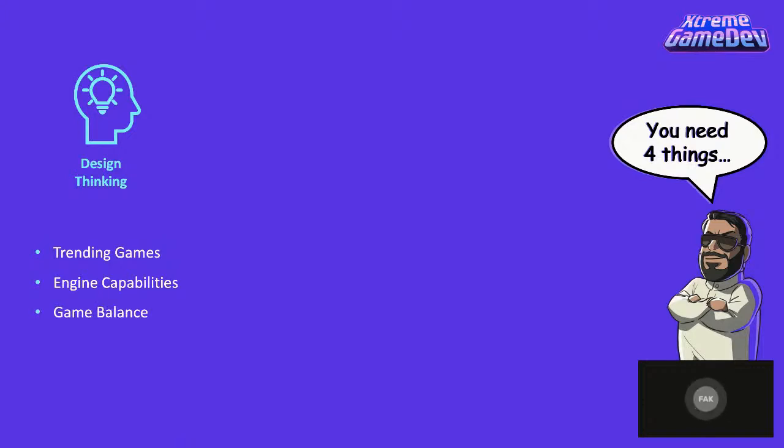Next, understand game balance. For example, I saw a YouTube video the other day about game balance, and they said, imagine the game rock, paper, scissors, and you remove the rock and just have paper and scissors. Will it be balanced? Will the game work? Obviously not, because the game works only if all 3 things are available. So game balance is very important.